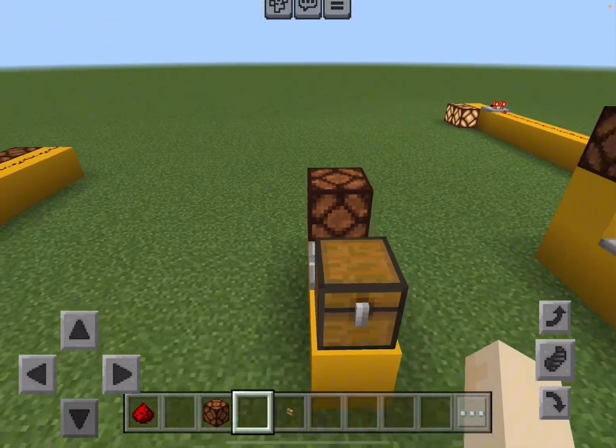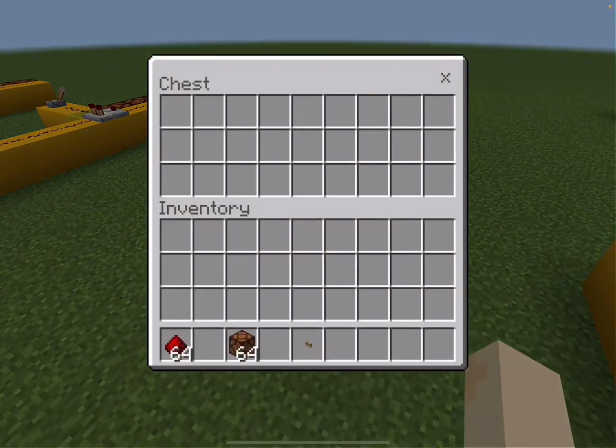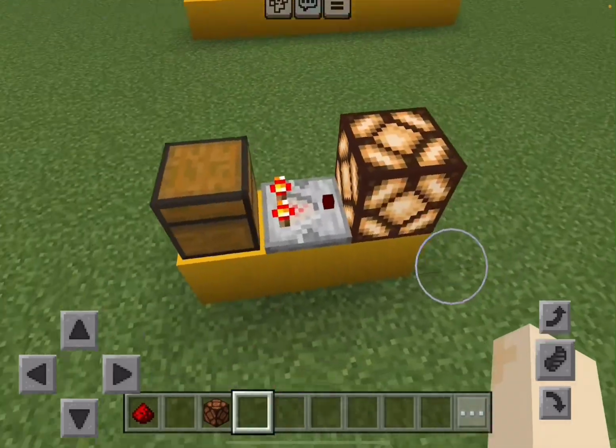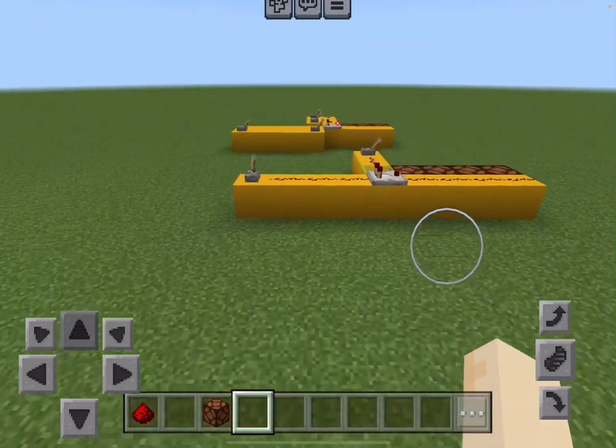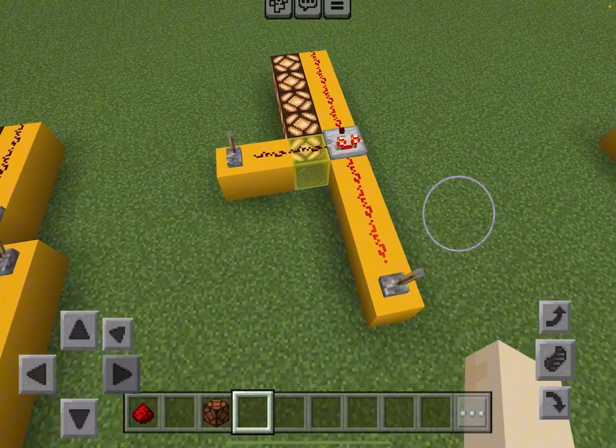Next, we have the way that you can put stuff into containers. I'll wait for the signal. After that, we have the